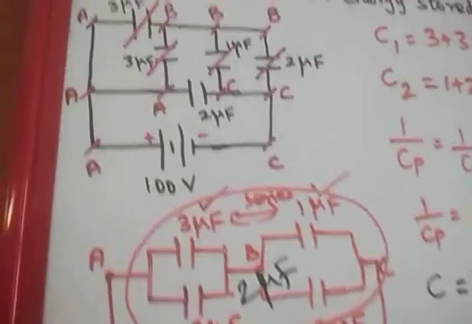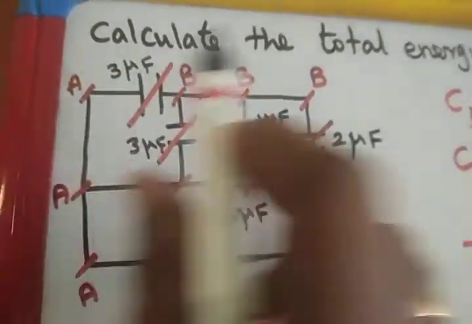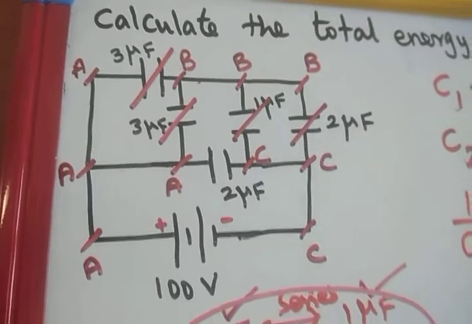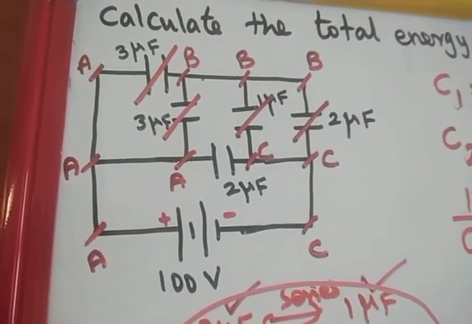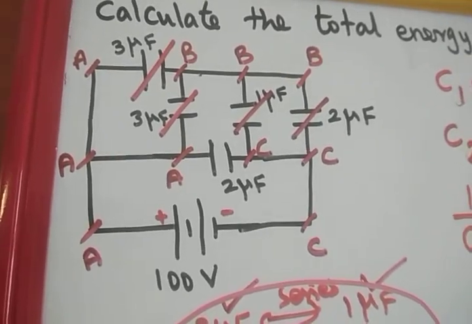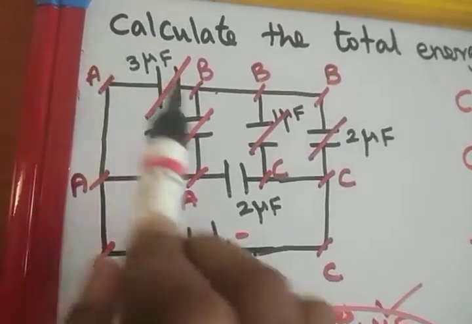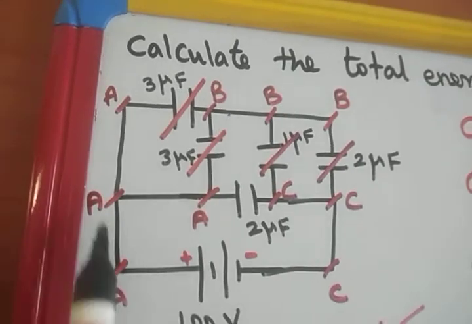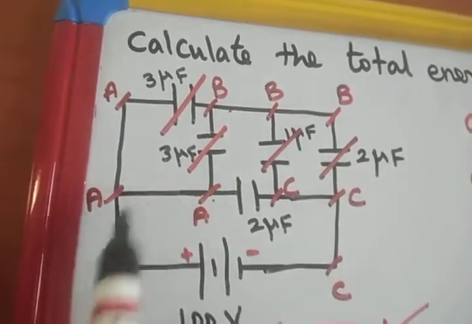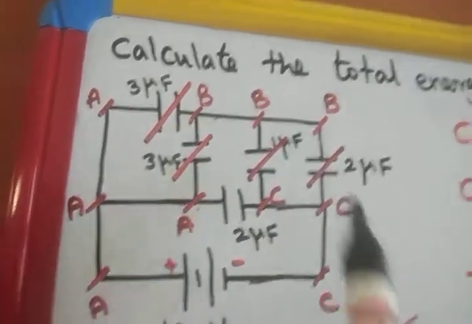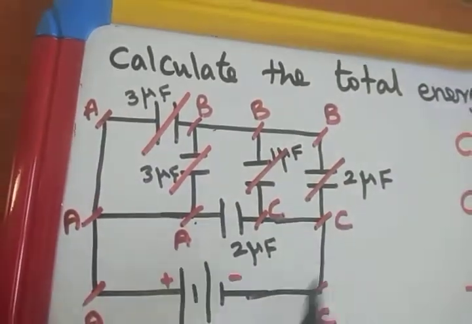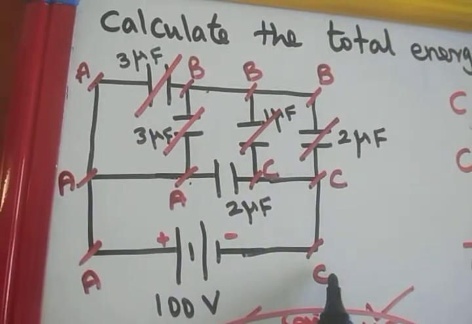Students always struggle with how to calculate the equivalent capacitance. So you should always take the different circuits with series and parallel combinations. Very simple. First you find the nodal points. Those points without any capacitors in between them are the same nodal points. All the A are the same nodal points, all the B are the same nodal points, and all the C are the same nodal points.